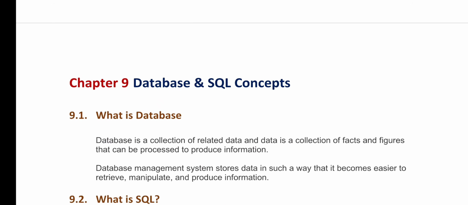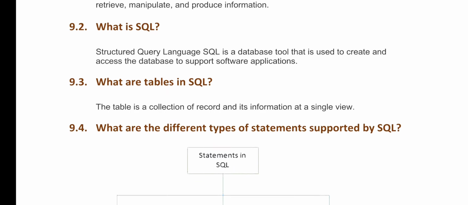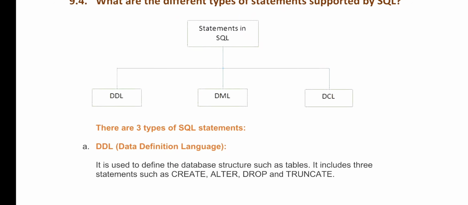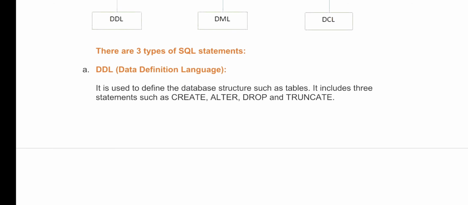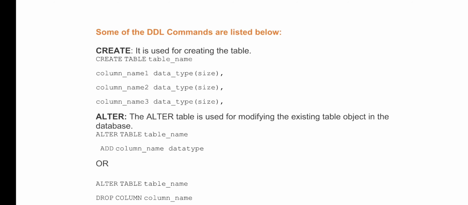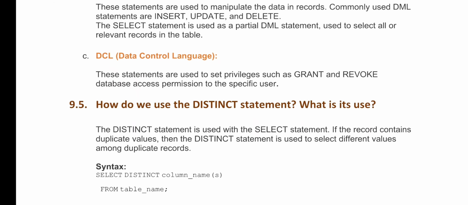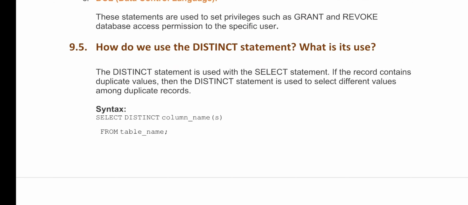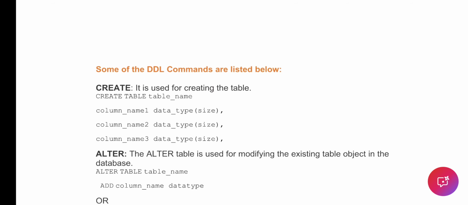Okay. And then in chapter 9 we have discussed about the database and SQL concepts. Okay, what is a database, what is SQL, what are tables in SQL, what are the different types of statements supported by SQL. Okay, there are generally 5 different statements, but commonly used ones are DDL, data definition language commands, and DML, data manipulation language, and data control language. Okay, and there are other two. Okay, so for select and a few other granting and revoking the